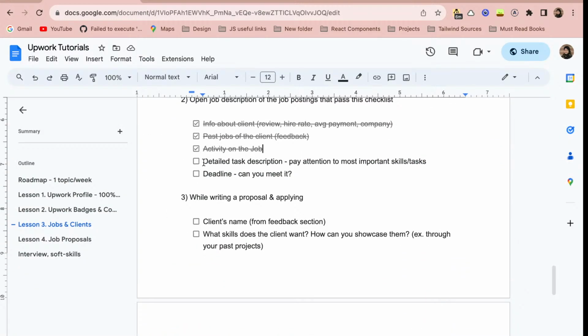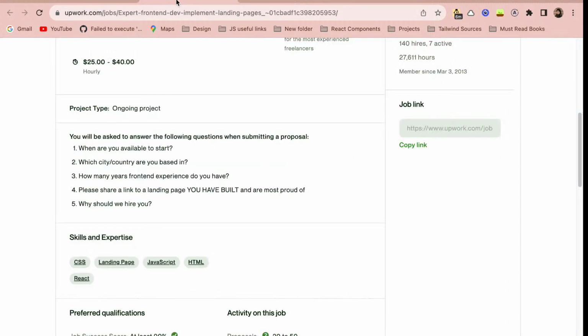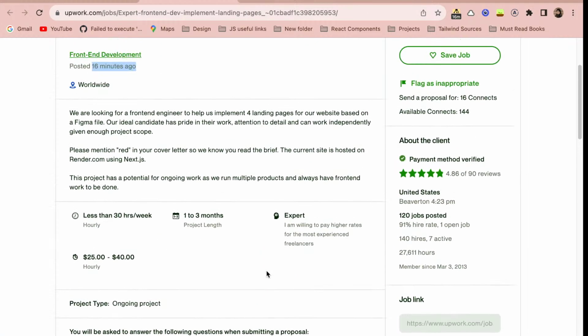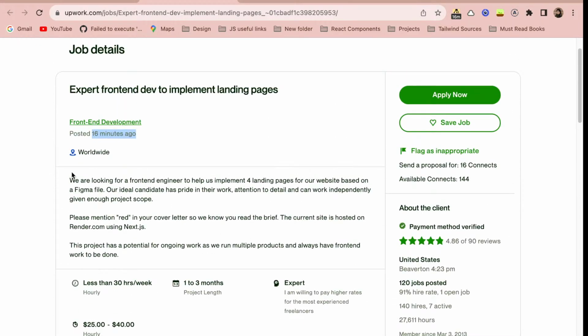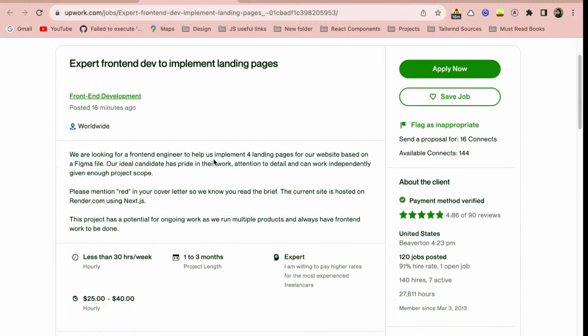Next thing you want to check is the detailed task description. Now everything is fine actually. You can do it before checking activity. You should check this job description. So they're looking for a front-end engineer for landing pages based on a Figma file, match my skills, pride in their work, attention to detail, independently, enough project scope. Here I will go back to this point, but for now remember,